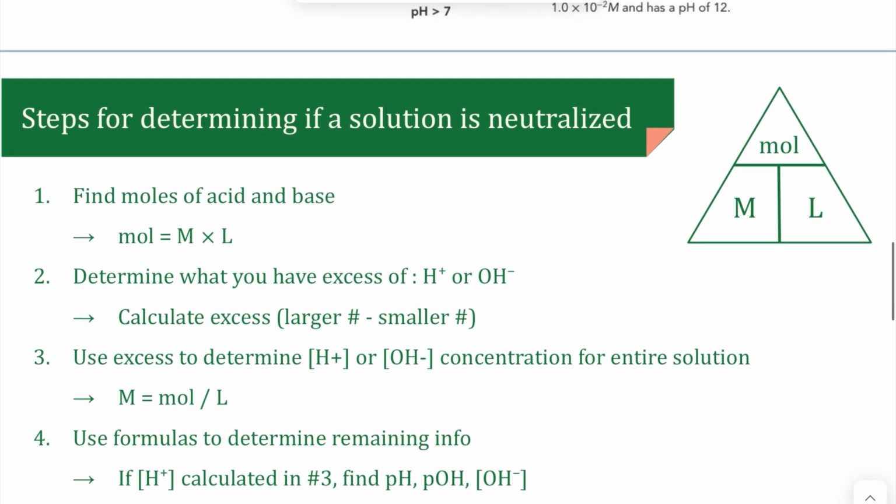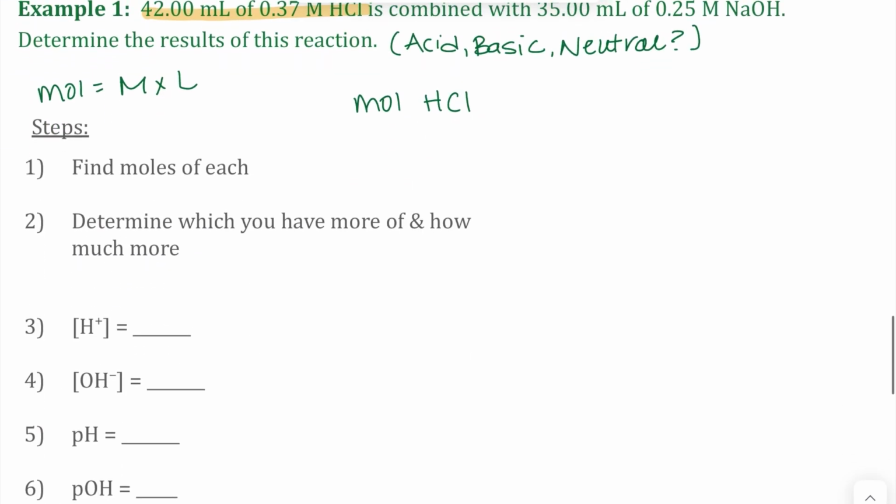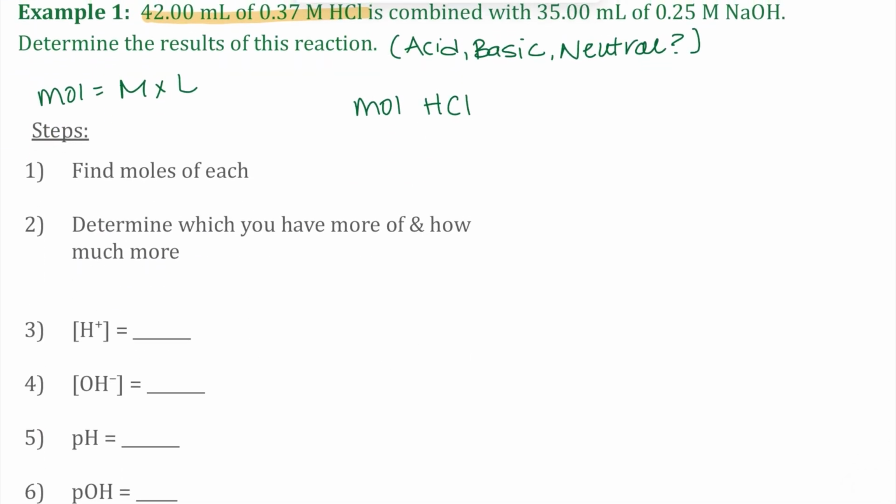Again, I'm rearranging that molarity is moles over liters, getting moles by itself, so molarity times liters is our first step. We do need liters though, so moving my decimal 1, 2, 3,